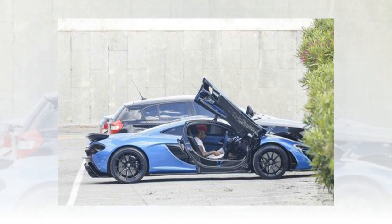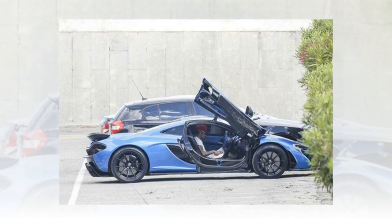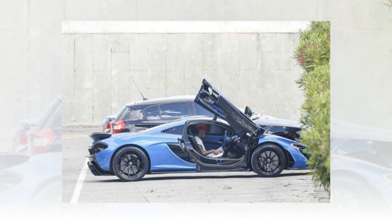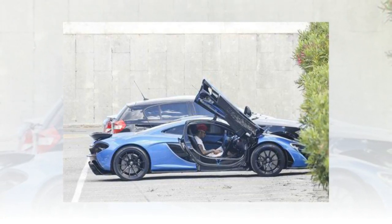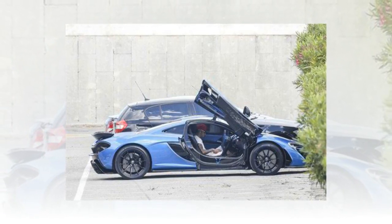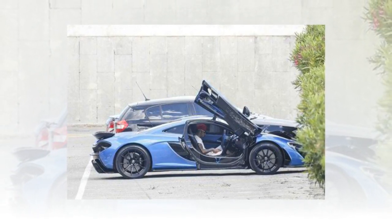What's under the hood, you ask? A 3.8-liter twin-turbo V8 engine and a 176 bhp electric motor which, when combined, deliver a mammoth 903 bhp. Once a McLaren driver, always a McLaren driver. And